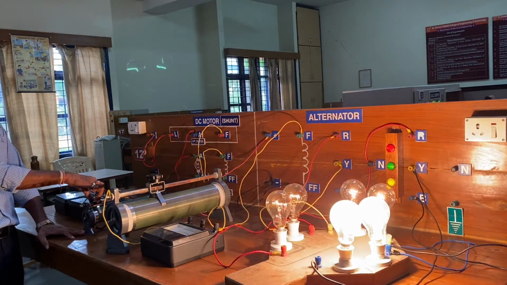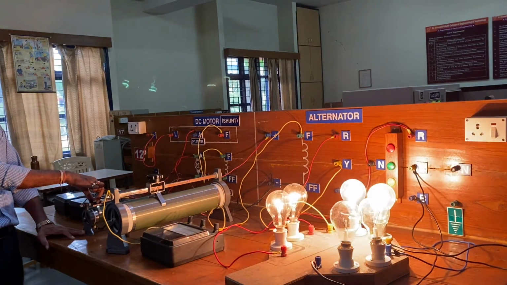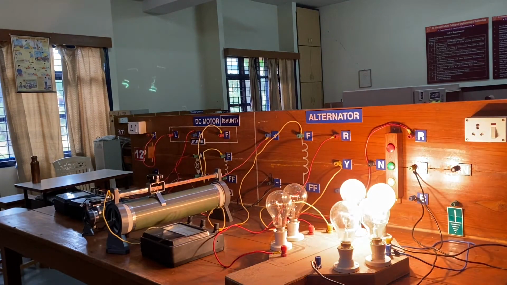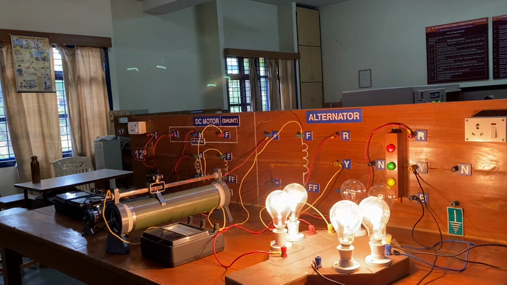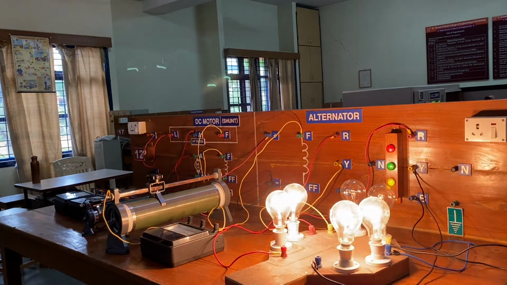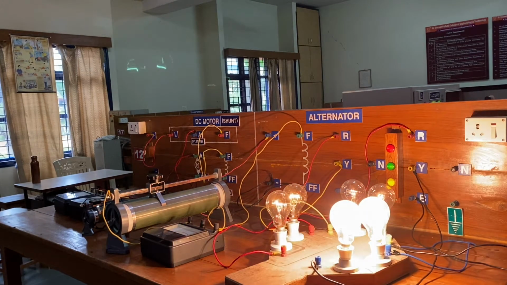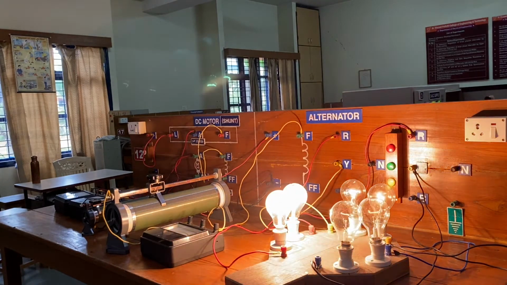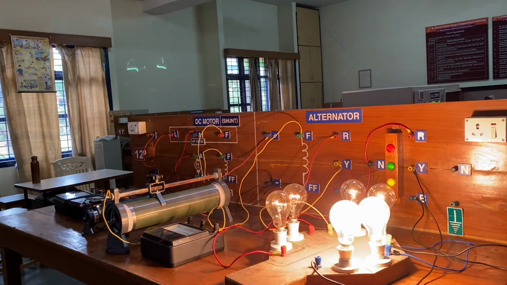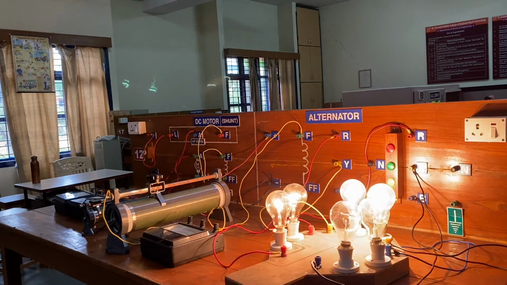But we don't want faster change, we want very slow change so that we can have that instant where R is completely dark and Y and B are equally bright. This exact position is the position where red is completely dark and Y and B are equally bright. I hope you got this, that when this position is achieved with the variation in the speed as well as voltage, we will get a position where we will have this condition and we can synchronize our incoming alternator with the infinite bus bar.